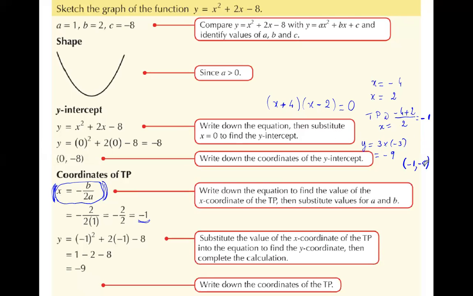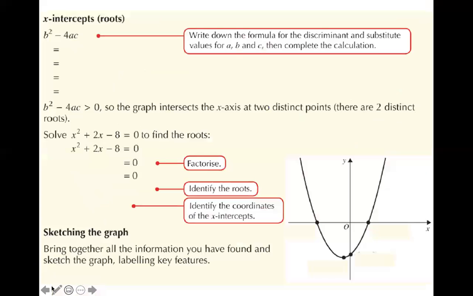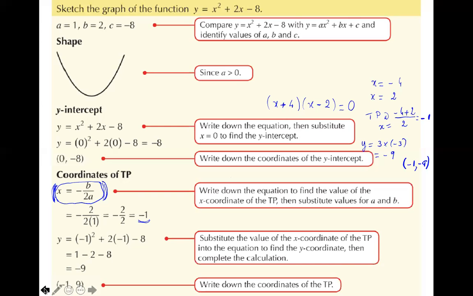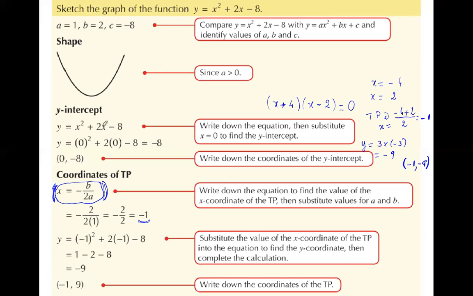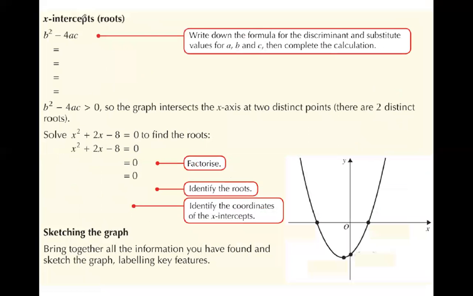So we've got the coordinates. We've got even more here because we've managed to find the roots as well, or what we call the x-intercepts. So once we've got all these, you write your coordinate, and then that's you. If you were to draw this, so let's see what we have. So the next thing, after having done the coordinate, the x-intercept,